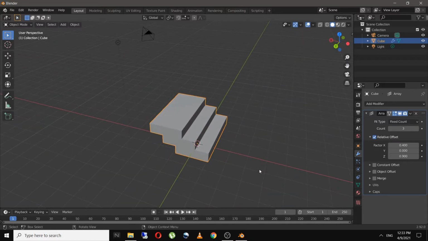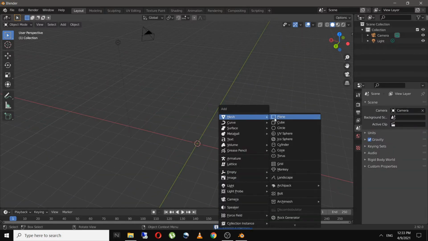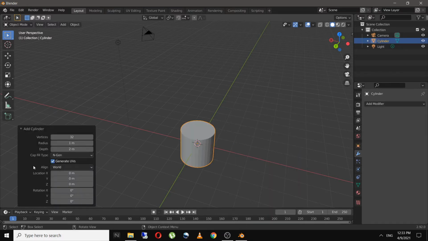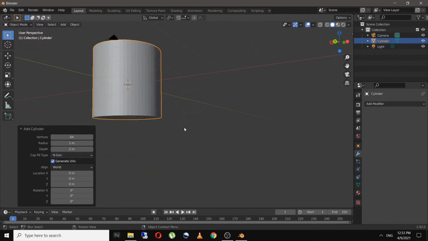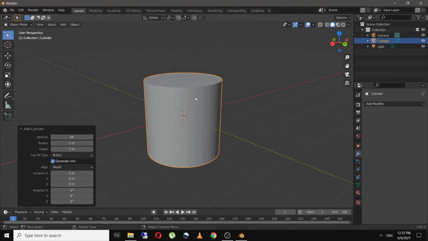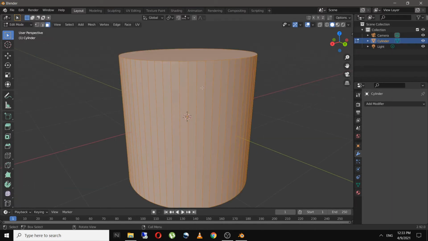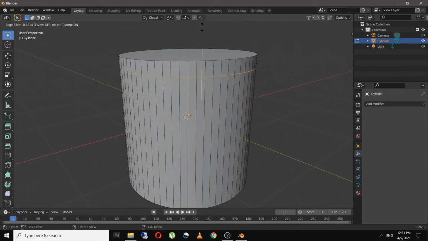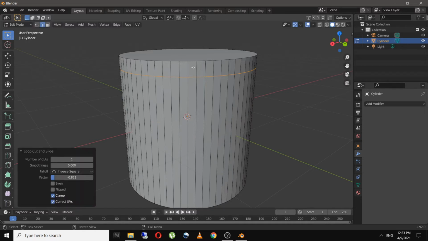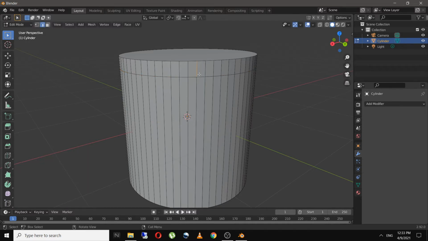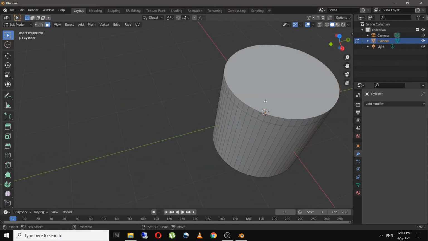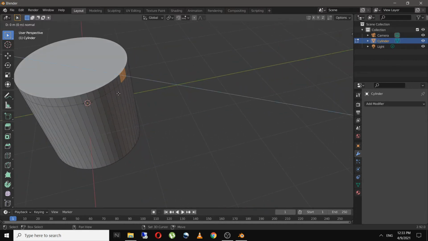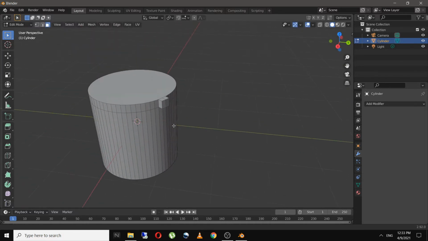But there are times that you might need the array modifier to work in a circular form. So let's see how to do that. For that, let's add in a cylinder and increase the vertices to 64. In edit mode, for example, I will add in an edge loop over here, select these two faces and extrude them.